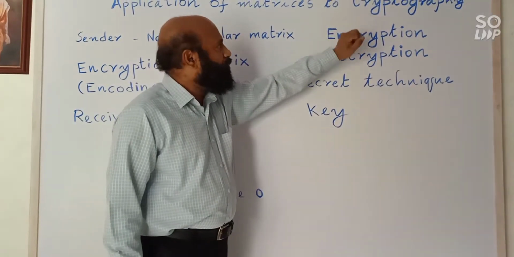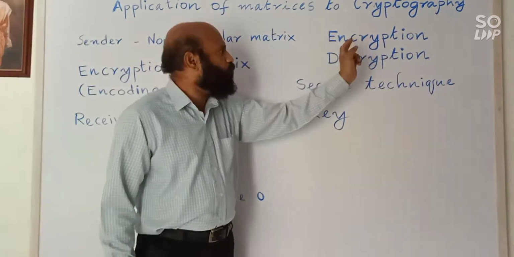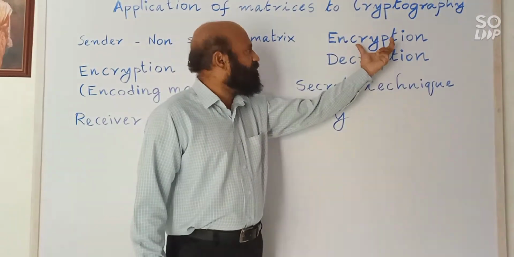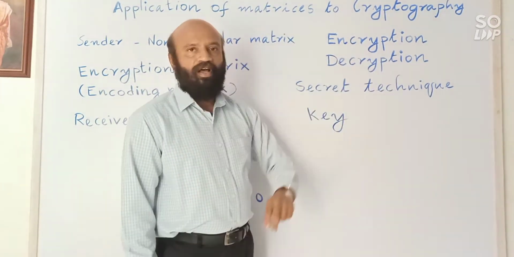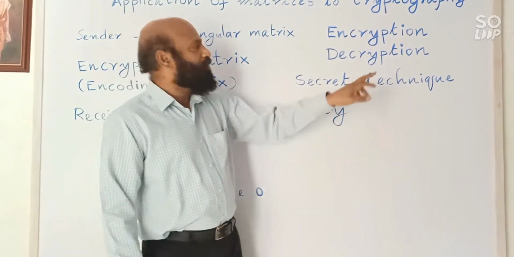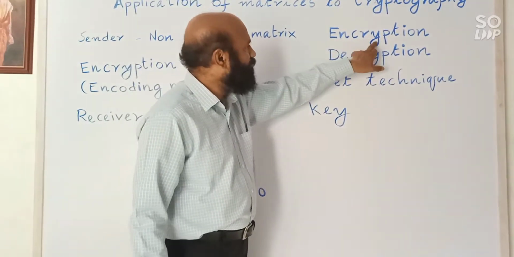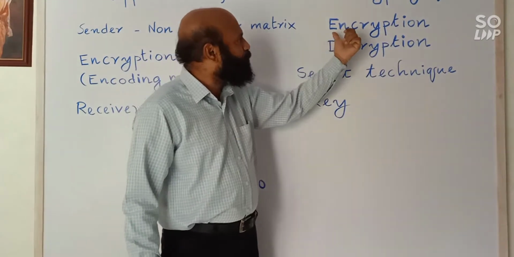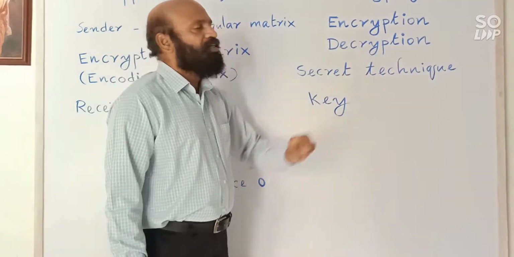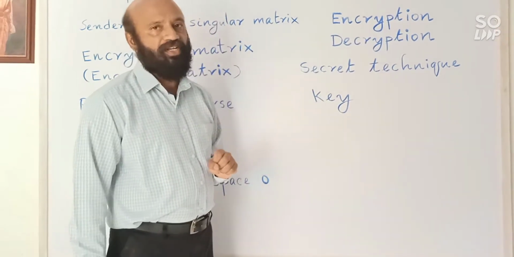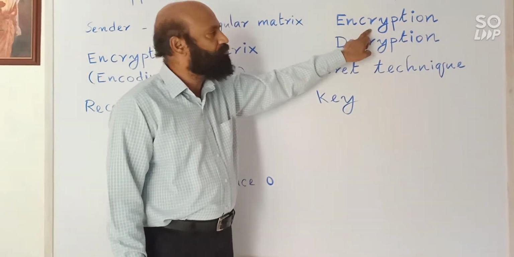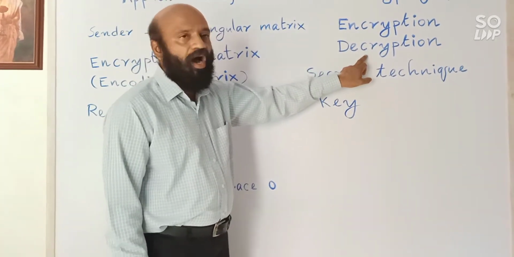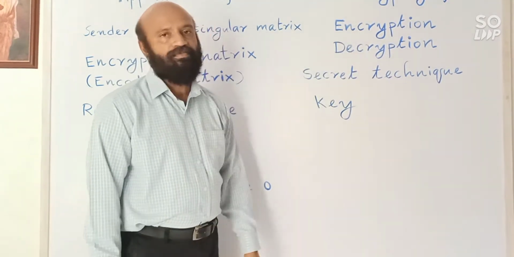So cryptography depends on two factors. One is encryption, the other one is decryption. So from here itself it's clear, cryptography. So always I am interested in English. So you see the connection: encryption, decryption, then here it is cryptography. So we should know what is encryption. Encryption is the transformation of information into an unreadable form. Decryption is the opposite of that: transformation from unreadable form to the original form.